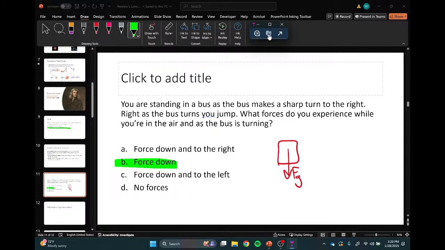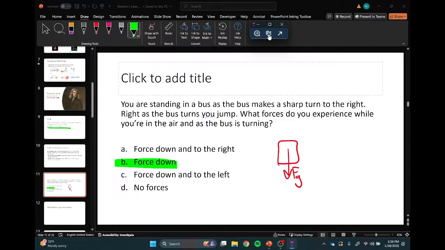The only reason you're going to turn with that car is if a force acts on you, i.e. the seatbelt, the chair, the wall of the car. If you've ever been in a golf cart or something like that and they take a sharp turn, you will fly out the side, not because anything's pulling you out of the car, but because of Newton's first law. You will keep going forwards. Why wouldn't you? Your body doesn't magically know that the thing turned and that it should turn with it, unless something pushes you. So that's one of the interesting consequences of this law that you experience all the time.